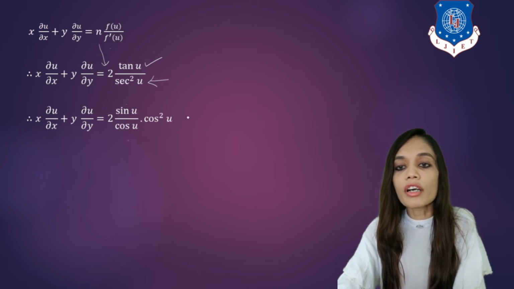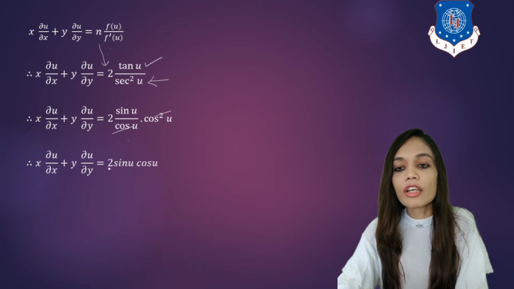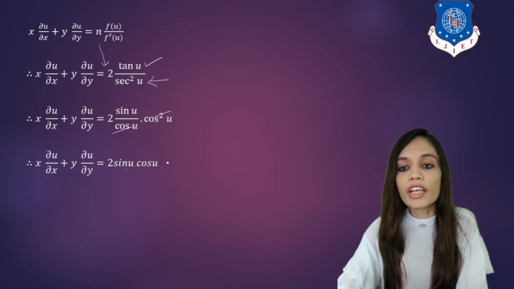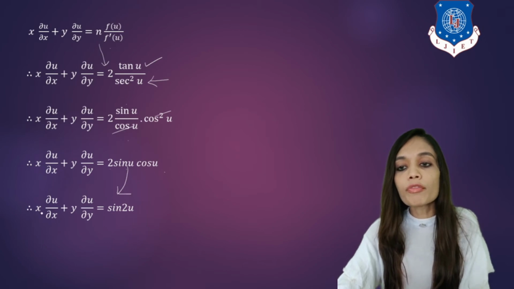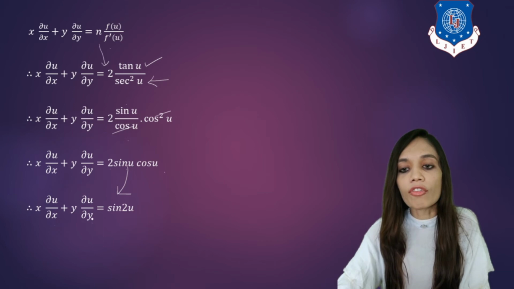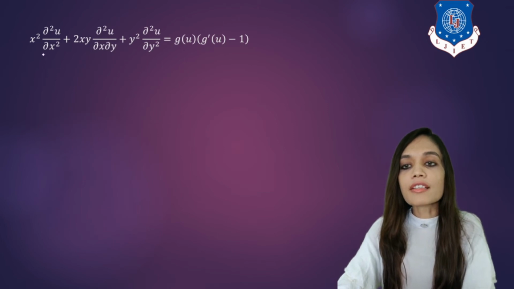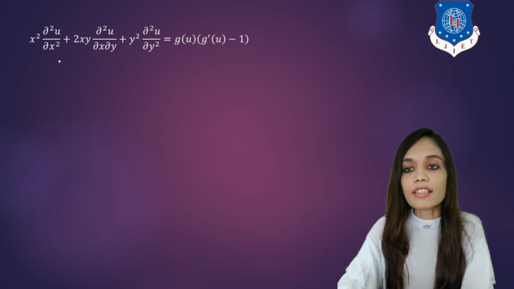So it will go in the numerator. One cos u will get cancelled out and you will get 2 sine u cos u, and we know the formula of this, that is sine 2u. So we have proved x del u by del x plus y del u by del y is equal to sine 2u. Now let us find x square del square u upon del x square plus 2xy del square u